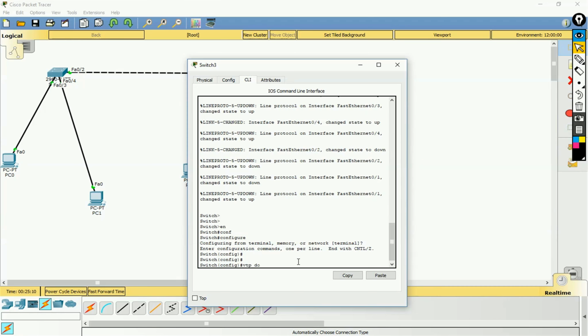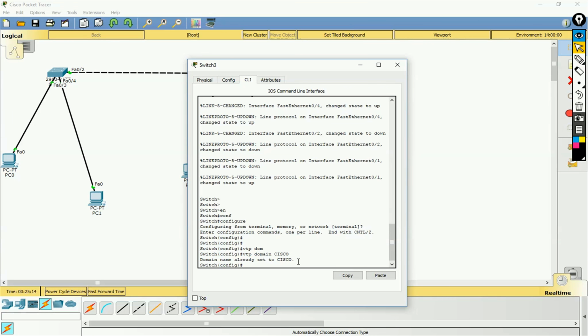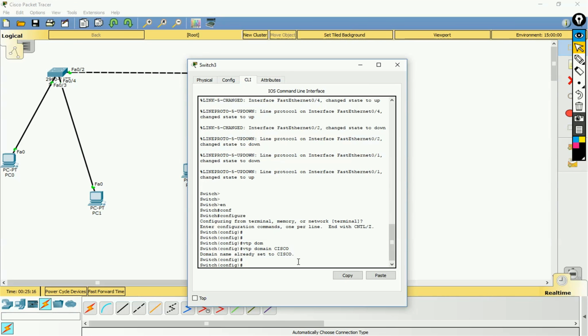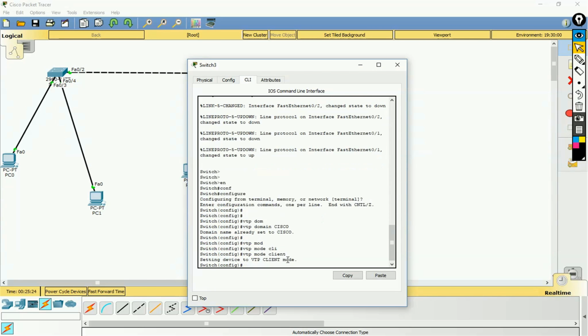VTP domain Cisco, already set to Cisco, yes. VTP mode client, setting device to VTP client mode. Okay,